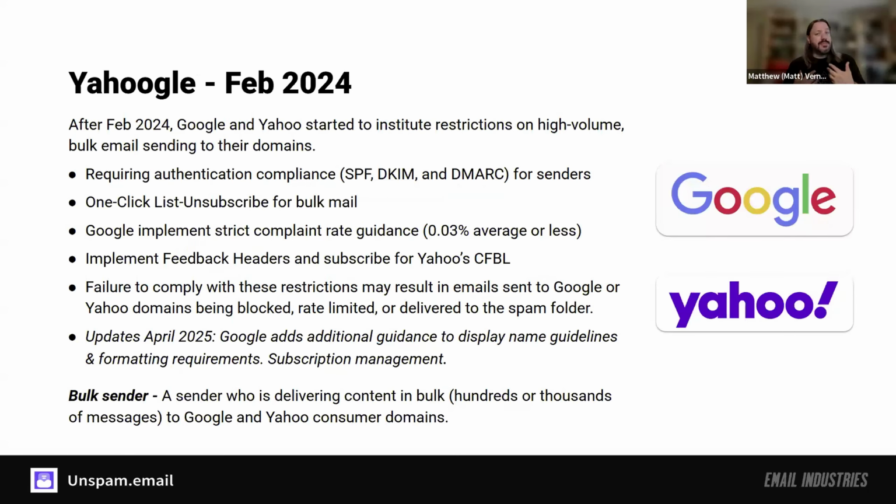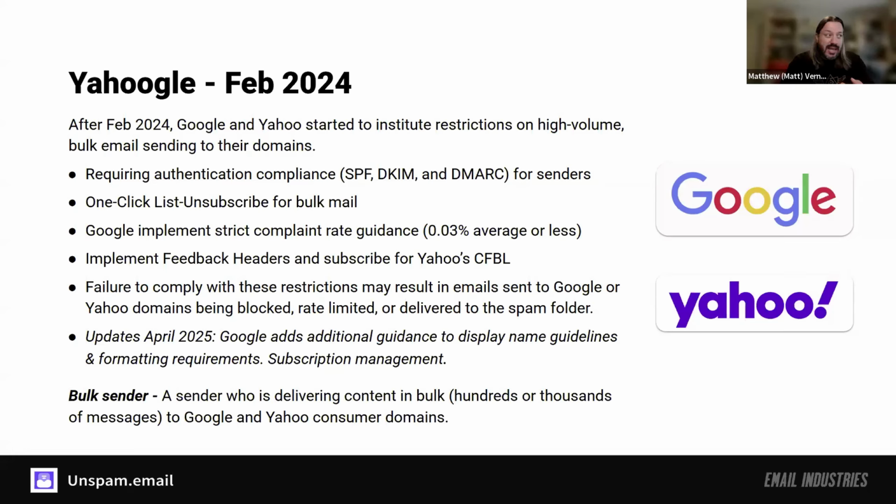But let's look back in time just a little bit, right? So what happened last year? In the fall of 2023, Google and Yahoo jointly announced that they were going to make significant changes to their sender best practices. Those came into force starting in February 2024 and took place over a series of months, about 6 months, to fully roll out across the board. This included proper authentication for all email. If you didn't have proper authentication, you would have started to see rate limiting bounces, and eventually they would have stopped accepting your mail. They wanted one-click unsubscribe for all bulk mail.